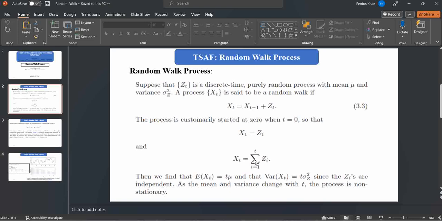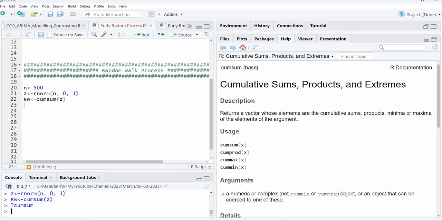So this is the same thing, but maybe this is not. This is a bit difficult for you in RStudio. So you can use the function cumsum and just get the random walk process, yes, in RStudio. This function looks like this, and you can use it. We already used this. Now you have generated the random walk process, and